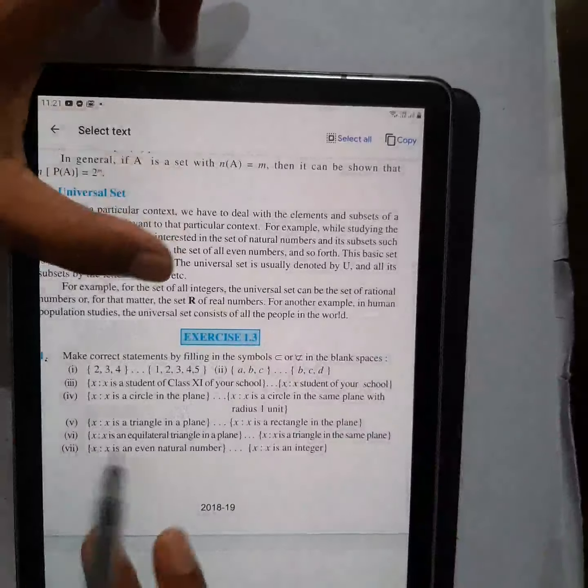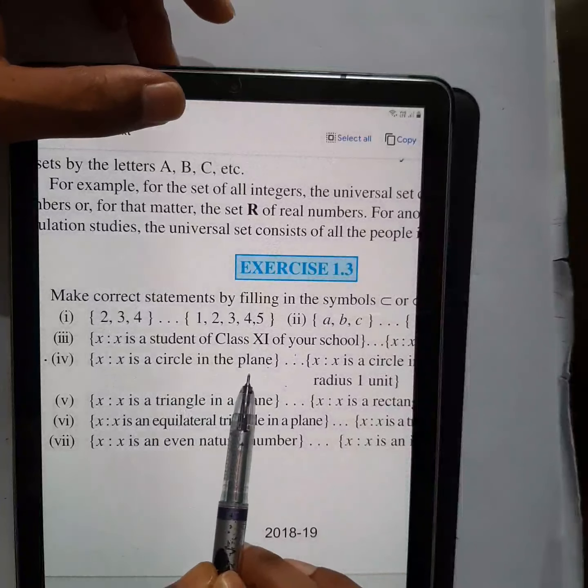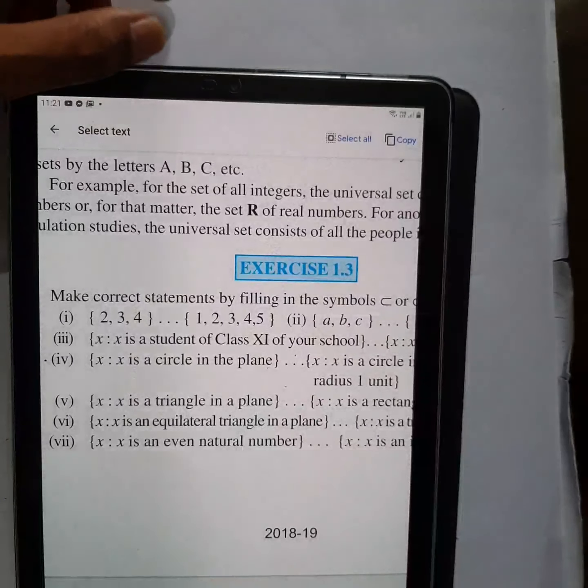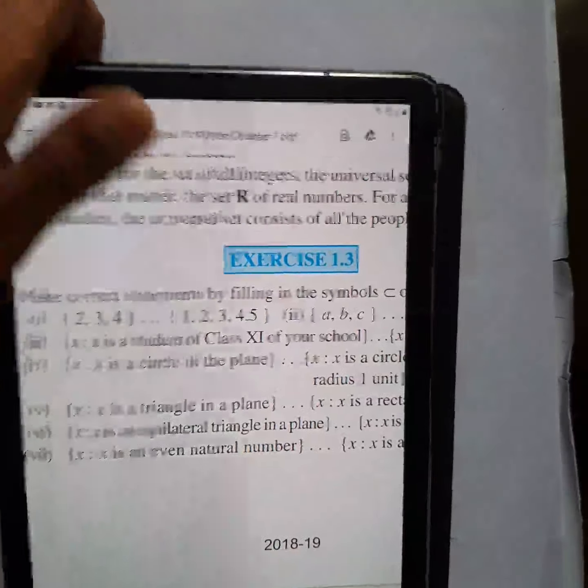So let's do number 4. I will just show you in the question itself. I hope you have understood from there, right? So number 4, what does it say? X is a circle in the plane. Now circle means what kind of circle? What will be the radius? When they say X is a circle in the plane, so you have a plane like this. Okay, not this small, a big one. There you have a circle. It says that